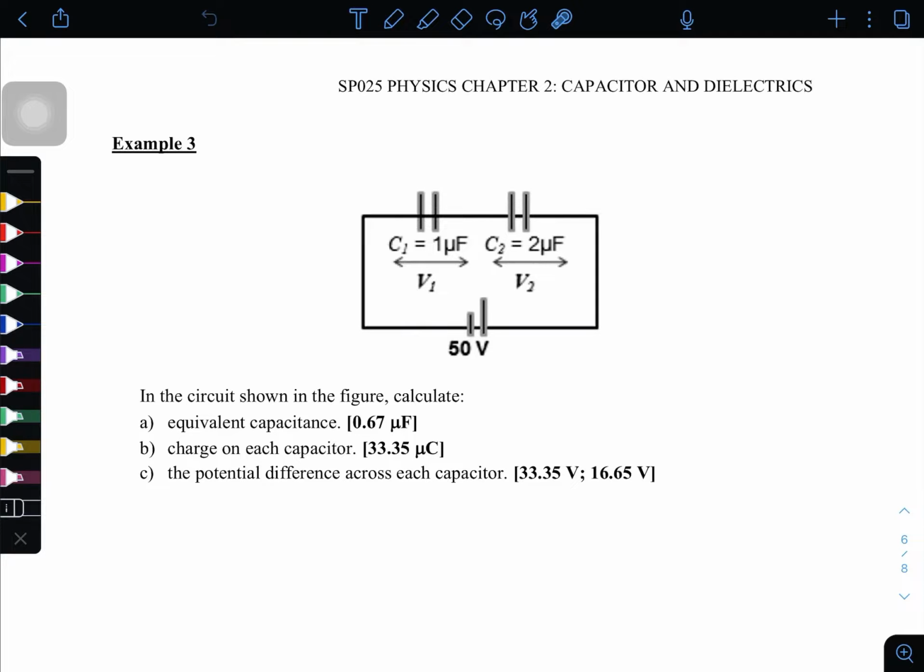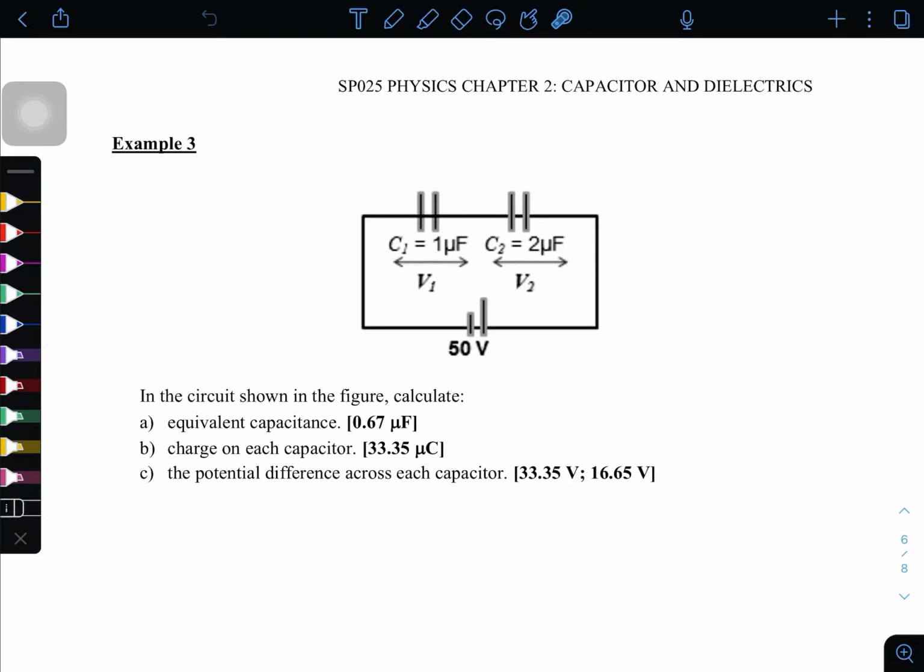Okay, now we look at example 3. For example 3, in the circuit shown in the figure, calculate A, equivalent capacitance, B, charge on each capacitor, and C, the potential difference across each capacitor. So we know we have two capacitors here, C1 and C2, and we have V equivalent or V supply, which